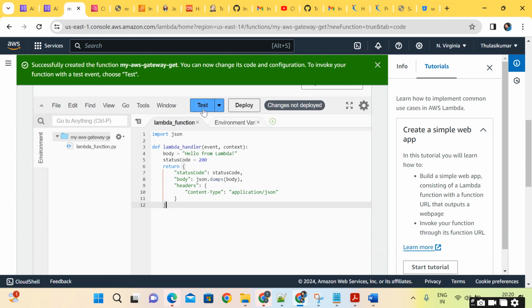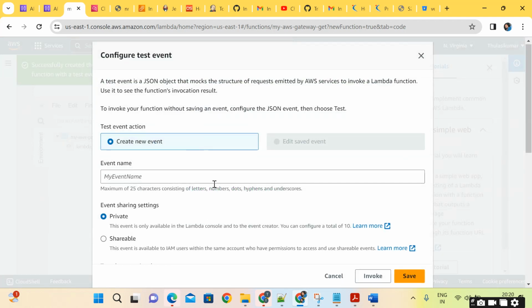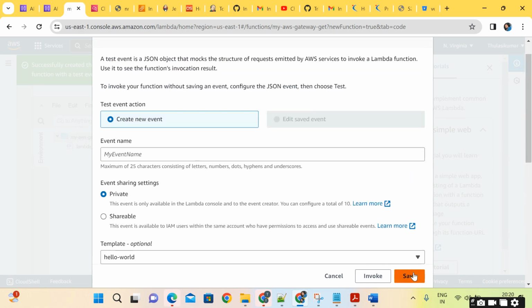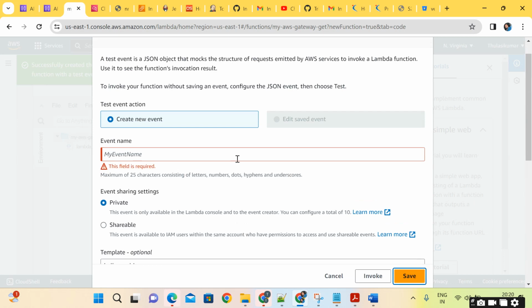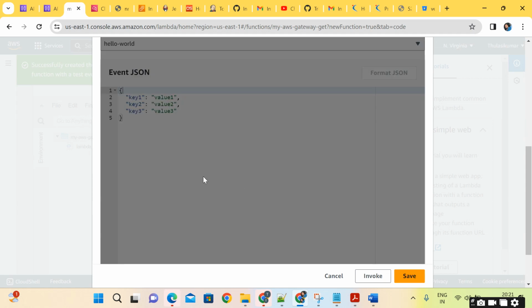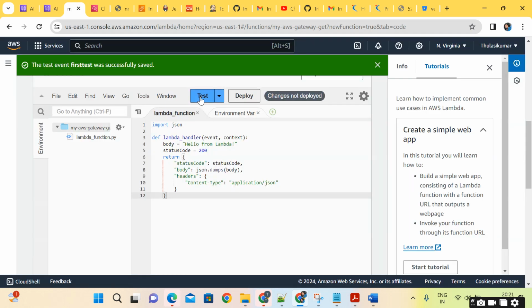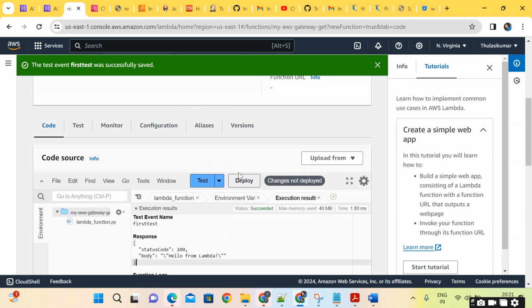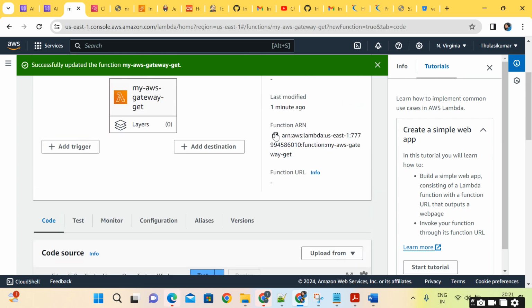If you want, you can test it. You can create any hello world or something. Just test this. Click on test. See, you will get the response. So then I am deploying this. Okay, I have deployed that. I am just copying this